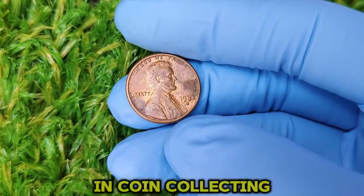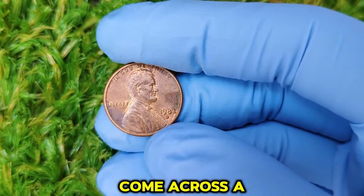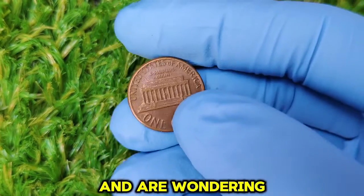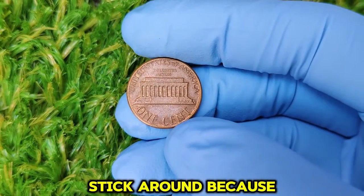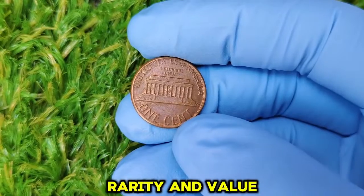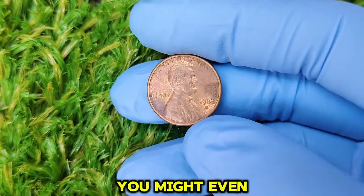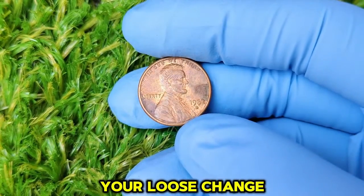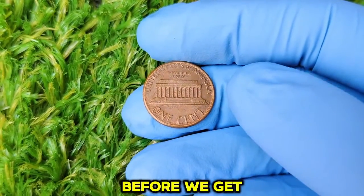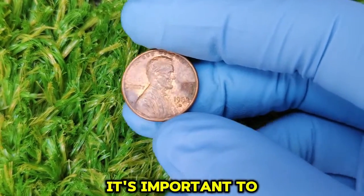If you're interested in coin collecting, learning about valuable coins, or maybe you've come across a 1982 penny yourself and are wondering if it's worth something, stick around, because in this video, we'll break down the coin's history, rarity, and value in today's market. By the end, you might even want to rummage through your loose change. Let's get started. Before we get into the specifics of the 1982 D penny, it's important to understand the history